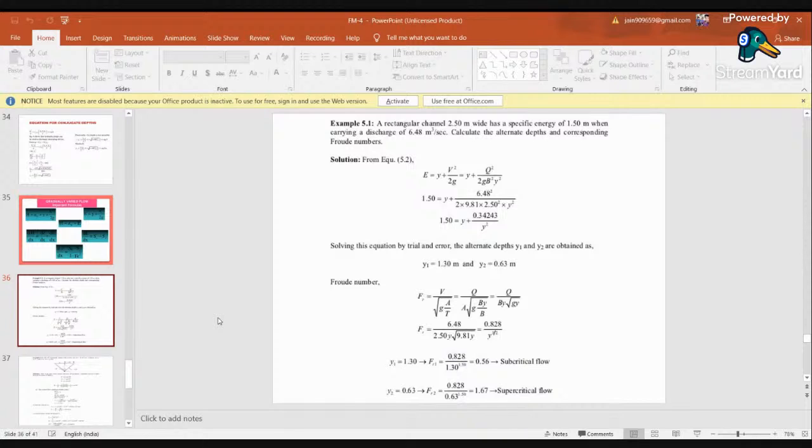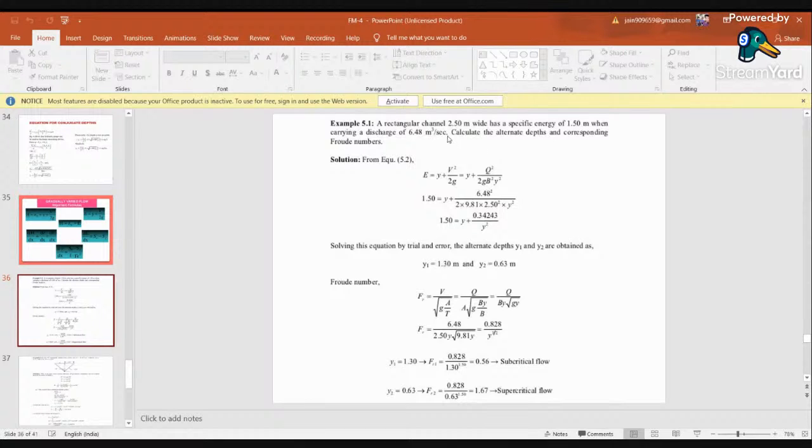Then here I have taken a few examples on the basis of specific energies. Okay, so we'll take quickly one or two, and the rest will be homework or an assignment for you. Okay, a rectangular channel is given with a width of 2.5 meters and has a specific energy of 1.5 when carrying